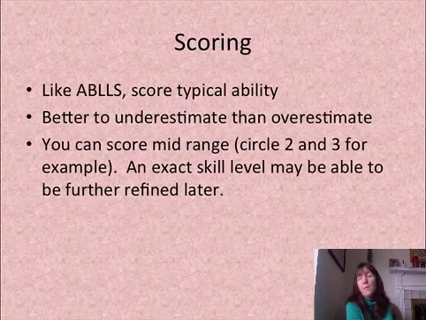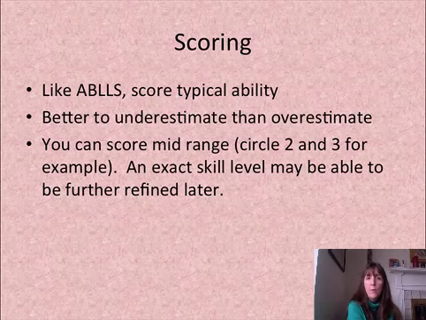In terms of scoring, it's very much like the ABLES. So the score you give should be their typical performance, what they generally do, not on their best day, not on their worst day, but generally what we see. There is an emphasis on underestimating rather than overestimating. It is better to underestimate someone's abilities than to overestimate it, because we don't want to aim too high in what our skill goals are. You can score mid-range, so you could give somebody essentially a 2.5 by circling both 2 and 3. You can go back and score that up as something more precise later, but it does allow for you to